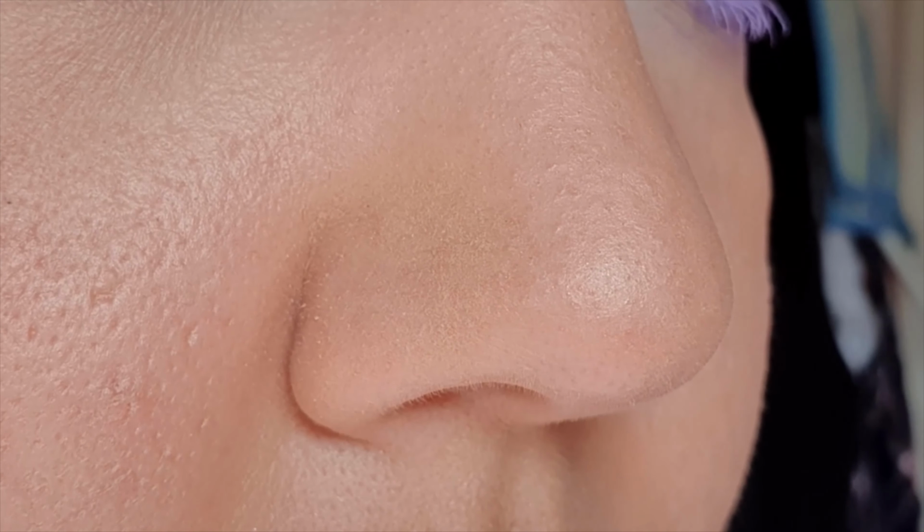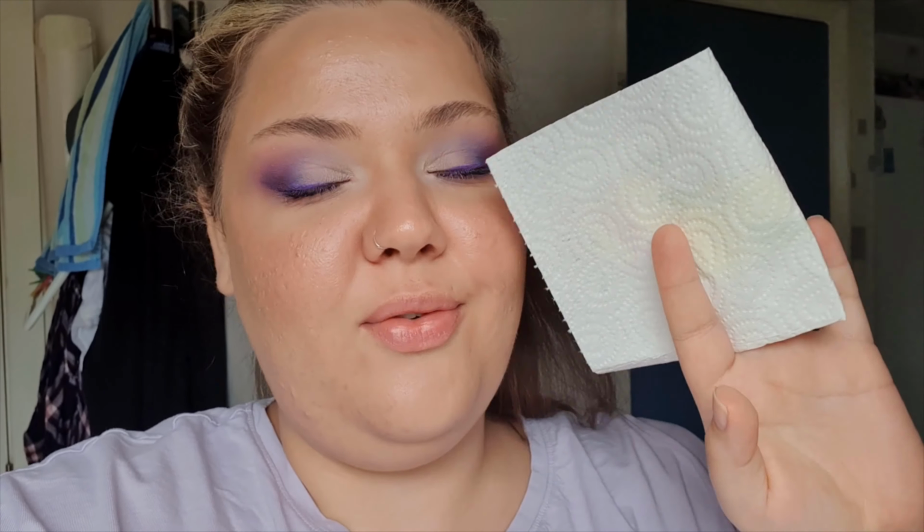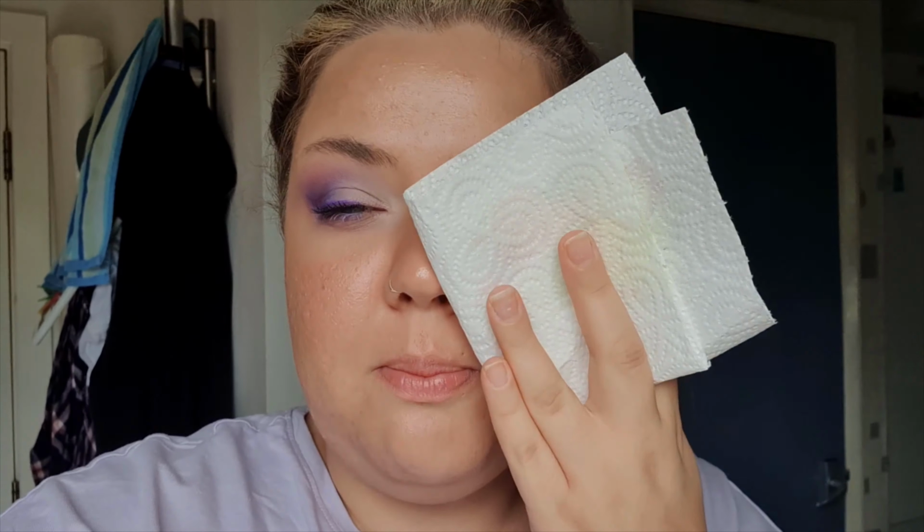Alright you guys, 3 hours in, and this is what my face looks like. As expected, there's some dewiness in the center of my face. I did take a check-in after I finished my makeup just to show you how the nose looks like, and it has definitely not improved. It still looks a little dry, and it's definitely not what my skin looks like. I've upgraded to a kitchen towel. Let me blot,